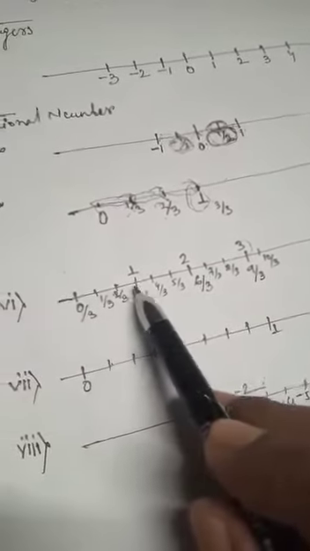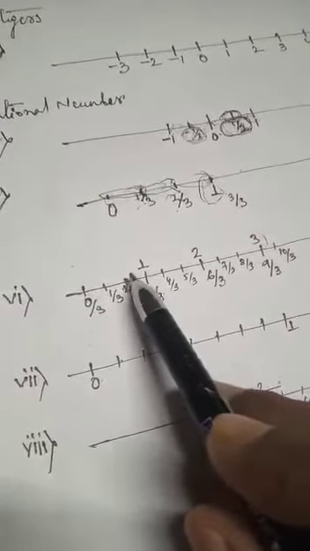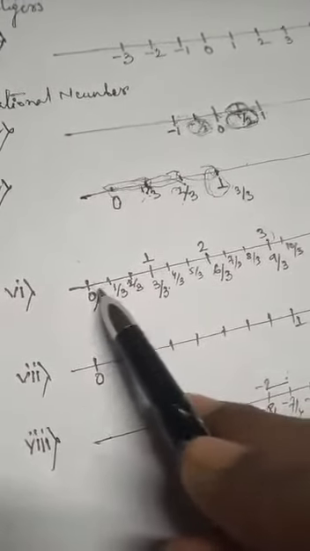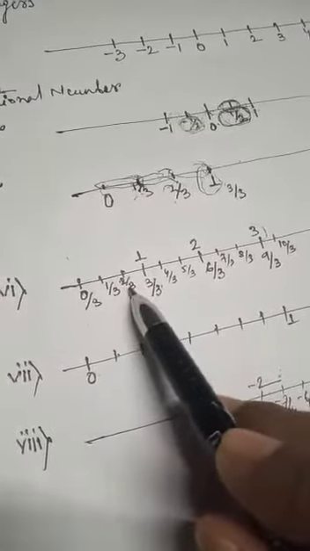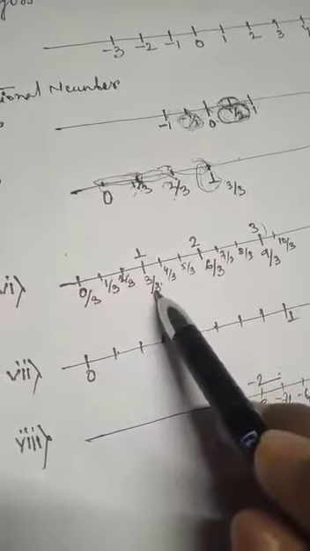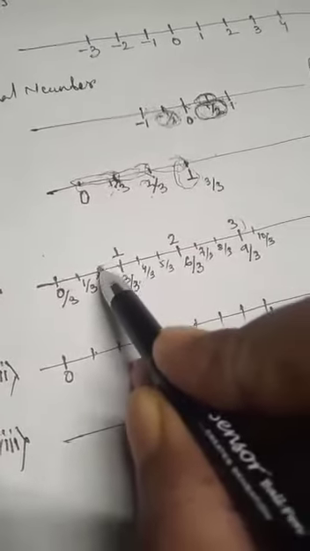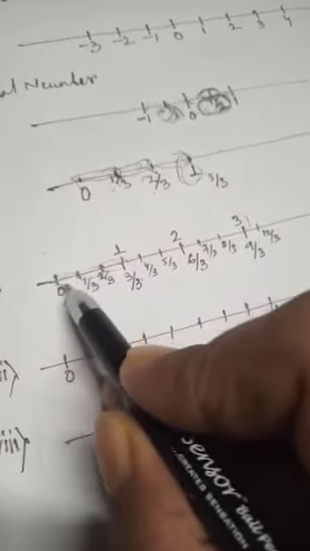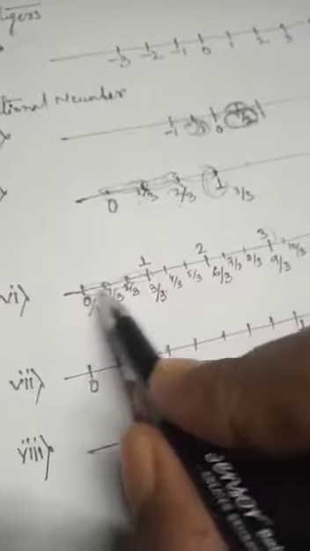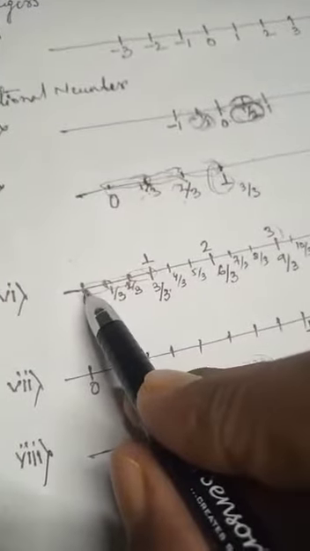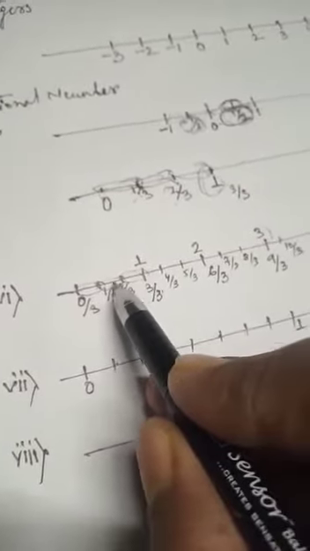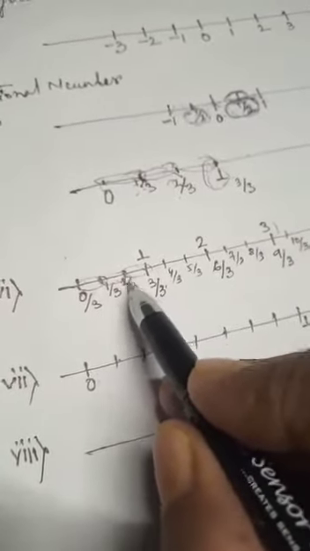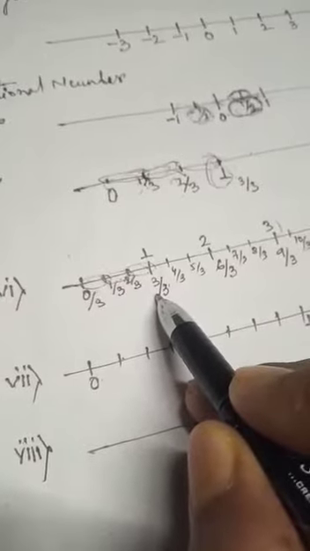In between 0 to 1, again we divide 3 equal parts: 0 to 1 by 3, 0 to 2 by 3, 0 to 3 by 3. Why? Because this part is equal to this part equals to this part. That means from 0 to 1, the distance of 0 to 1, we divide into 3 equal parts. First part is 1 by 3, second part is 2 by 3, third part is 3 by 3,